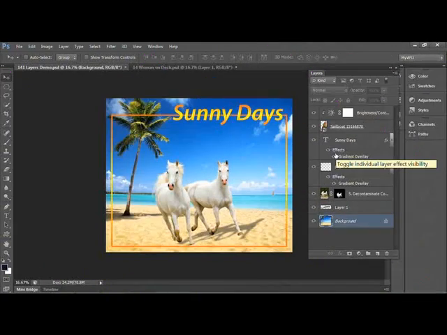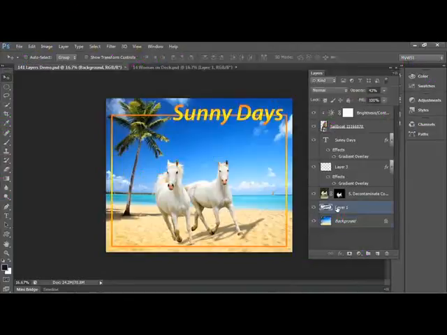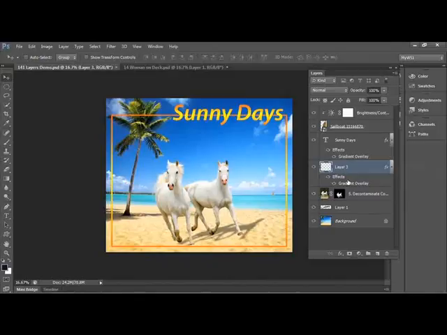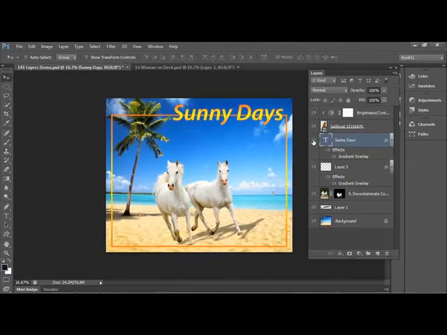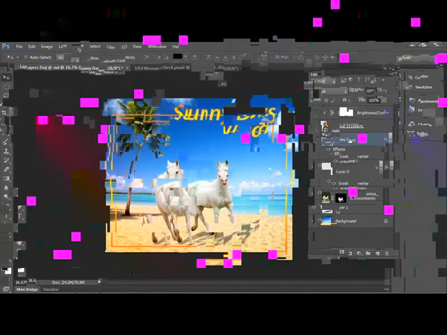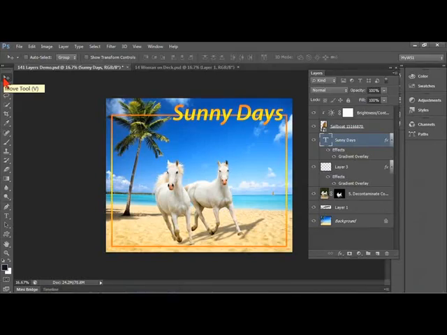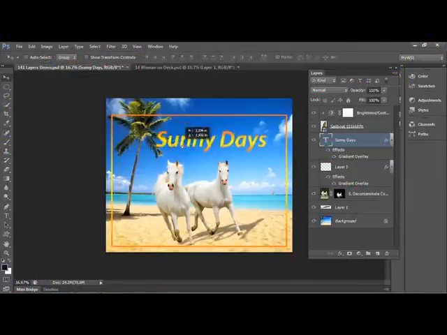Now, the first and most important thing is, in order to work on a layer, it has to be selected. So as I'm clicking on these different names of the layers, it becomes an active or selected layer. Right now I have my type layer selected. In fact, let me use the visibility here, and you can see how I can turn it on and off. So you can see that that's the layer, it's active. And with my move tool as my active tool, it means that I can move this text anywhere I want